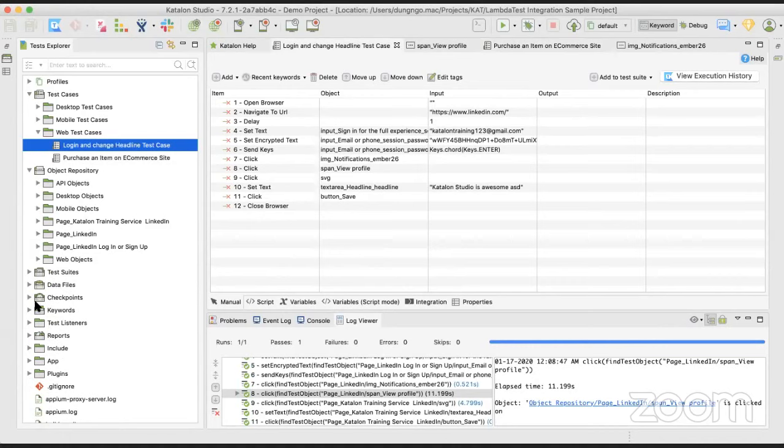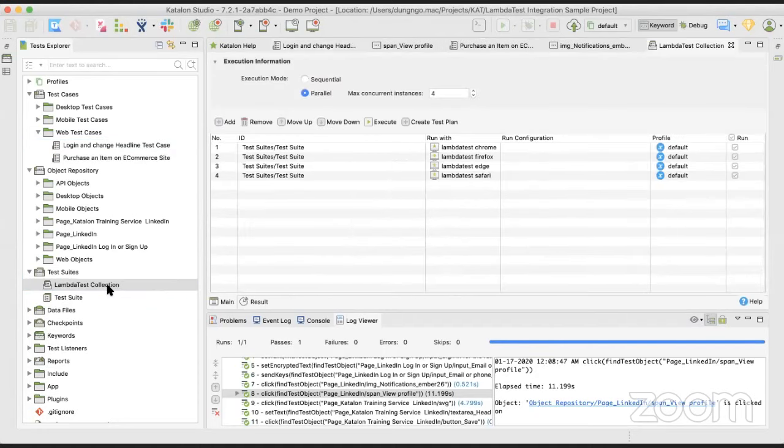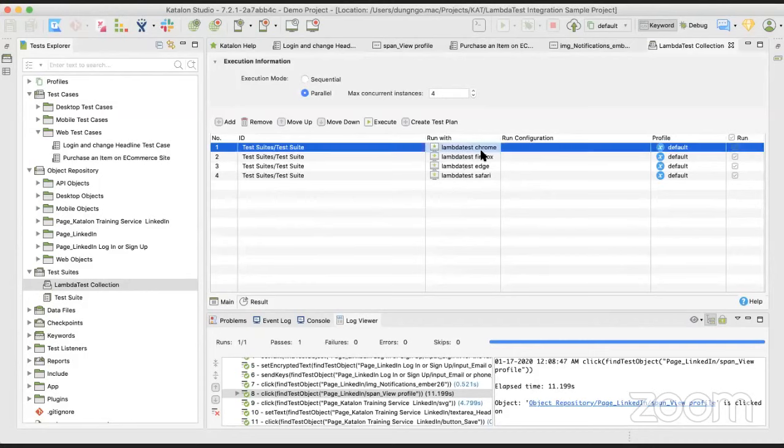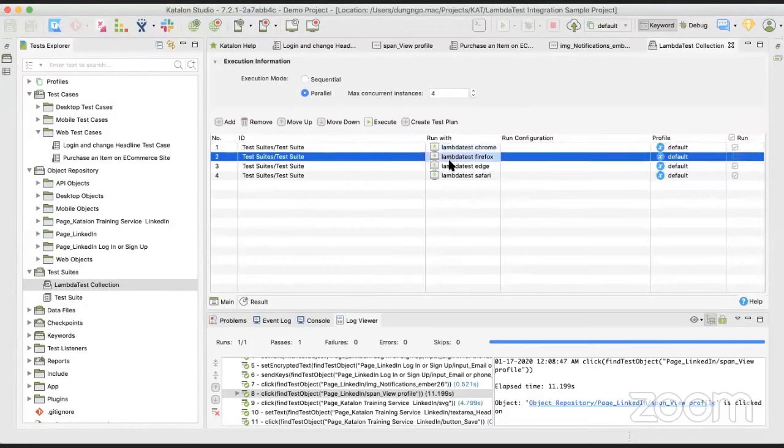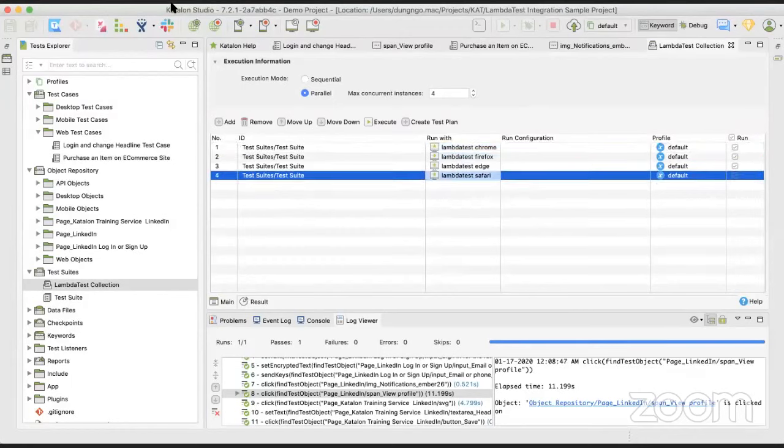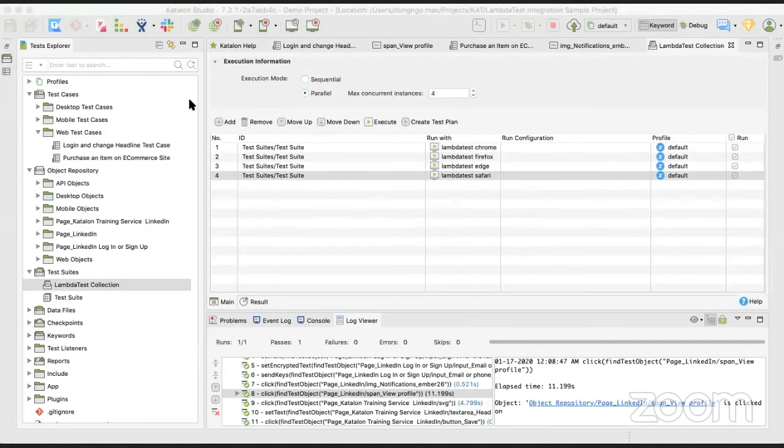So I set up the LambdaTest collection. This is the environment: LambdaTest with Chrome, this is Firefox, Edge, and Safari. So I have this set up already